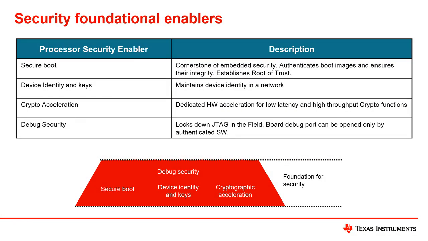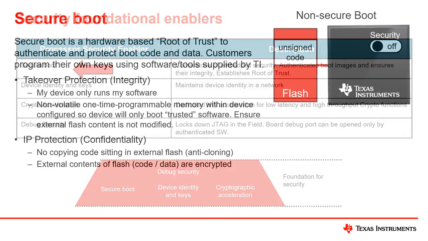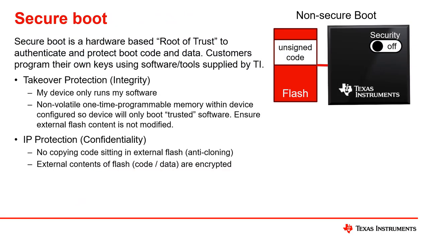All right, so we come back to our foundational enablers, and we can now see how to use the architecture that we quickly reviewed and see how it implements each one of these important security enablers. Let's start with Secure Boot. Secure Boot is very important for an embedded system. It's really the way that we make sure that the software that's being paired with the hardware in an embedded system are the proper match.